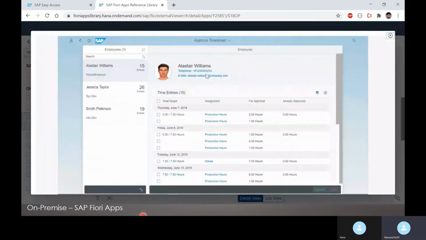So in this case, you have phone number and email, you have it. Maybe if you want to include some, what is his employee ID, etc. Then we can check the extensibility area. All the fields which we see in the OData service, when we are interacting with the corresponding table for this particular